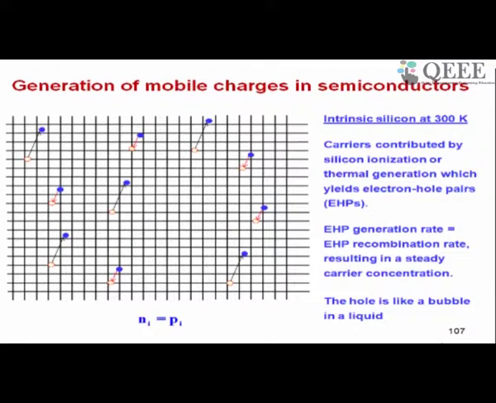Now look at this picture that I had shown you in the early stages of this particular session. You can see here that there are arrows showing generation. So when you see an arrow between a hole and an electron directed from the hole to the electron, it means it is generation. And an arrow from electron to hole is recombination. So this diagram here shows generation and recombination.